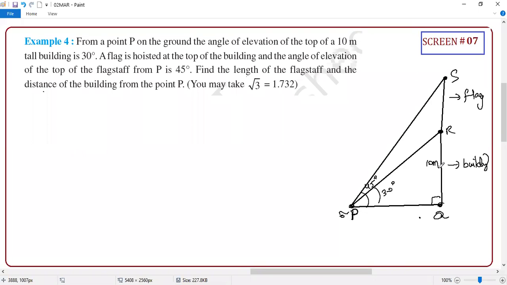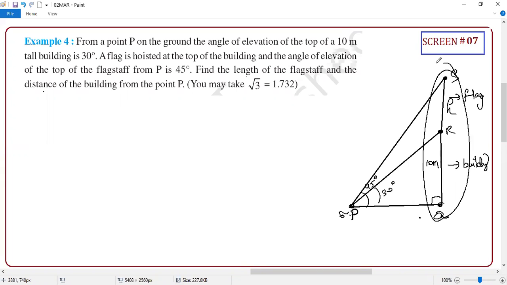When you are seeing this kind of problem, some observer is seeing the building, you know the height of the building, but you don't know the distance. And on the top of that, you have a flag, and you know only the angle. What is the magic you are going to tell me? What is the length of this, and what is the distance of this? You should feel the magic, student. How trigonometry is doing the magic. Clear enough? The situation is converted into right triangles. Automatically all the magic started. First thing, student, I'll mention the height of the flag is h. Anyone tell me what is the total height?